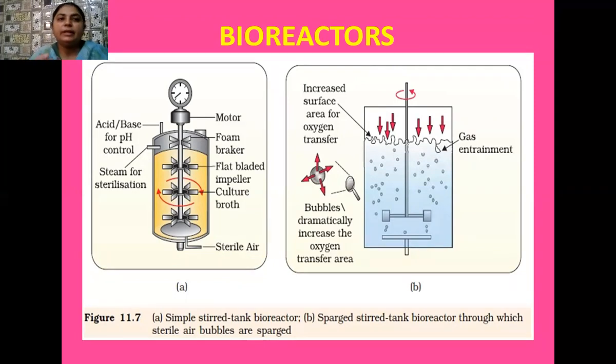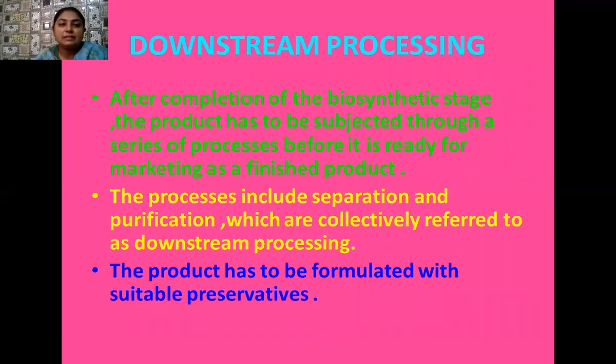So in this way, these bioreactors play a significant role in the growth and multiplication of host organisms, and so of our desired product, which may be a drug, a protein, or an enzyme. Yes, students, in the last topic of this chapter, I am going to tell you about the downstream process. As you know, from the bioreactors we obtain thousands of our desired products, which may be in the form of drugs, proteins, enzymes, or some other type.